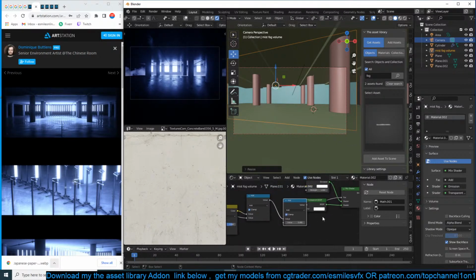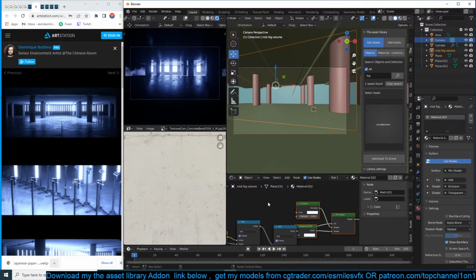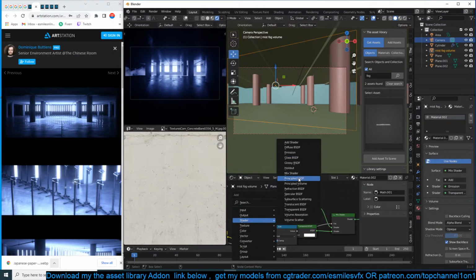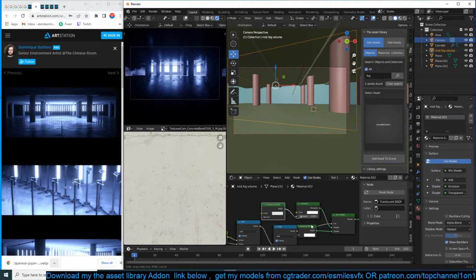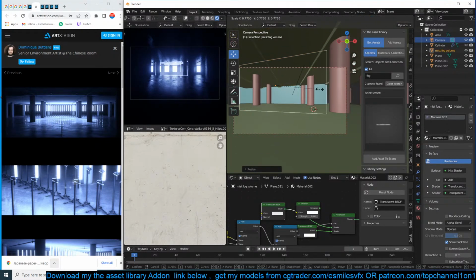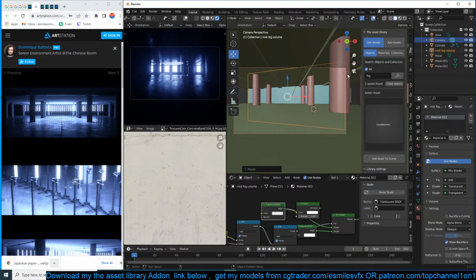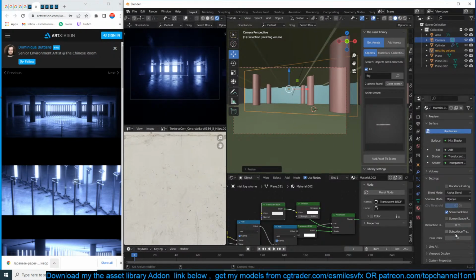Instead of using emission again, we can use translucent, so that the smoke only appears where there is, and I shouldn't have any shadows.